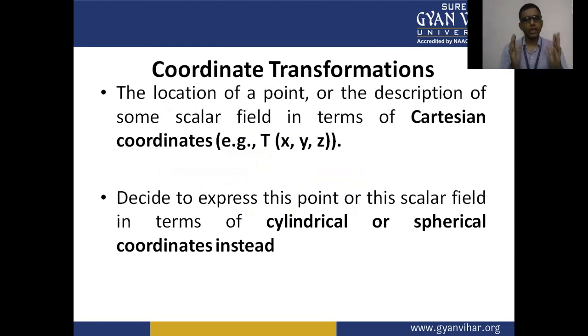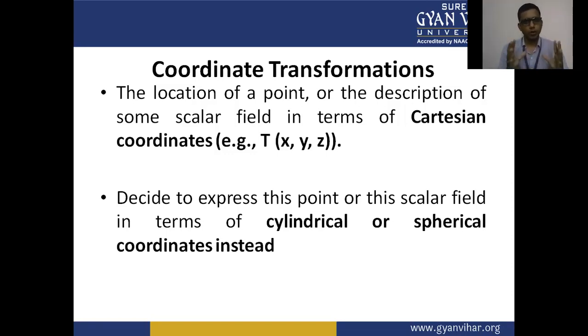In the next section, we have the coordinate transformation: how a coordinate is transformed from one form to another form. So we have some relationships between each coordinate system. The rectangular to cylindrical coordinate transformation formulas we have already discussed in the previous lecture, and today we are going to discuss some other coordinate transformation relationships.